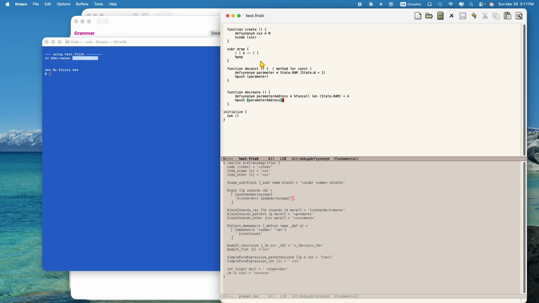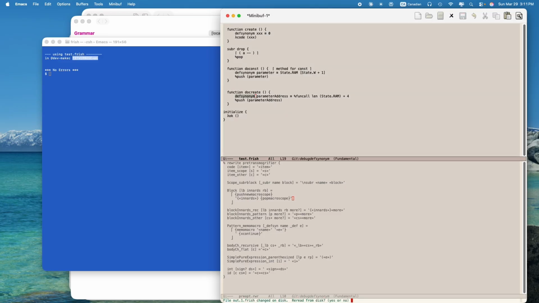and what I expect to happen, the way I've written the grammar, is I expect this thing to remove this def synonym and to replace that XXX with 0. I expect nothing here, and this is a def synonym, but it's more complicated, and so I should be ignoring it and leaving this alone. And likewise with this one. And if we look at